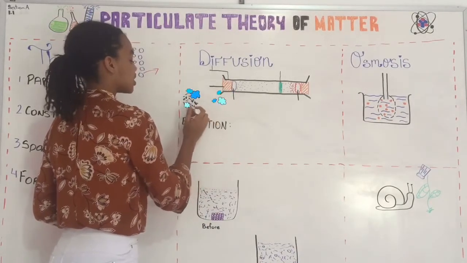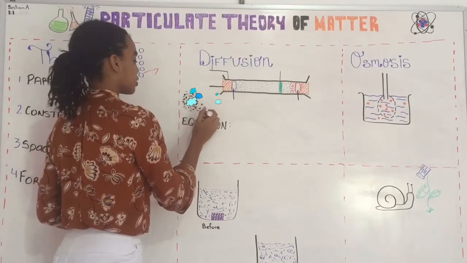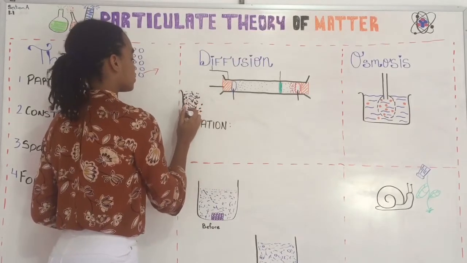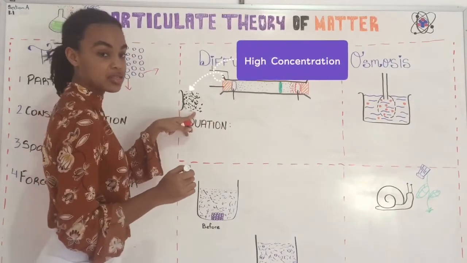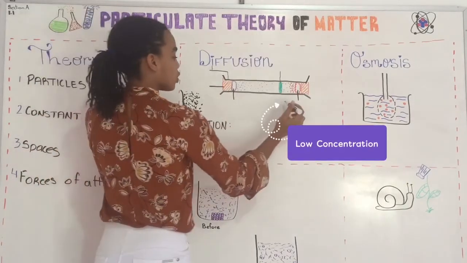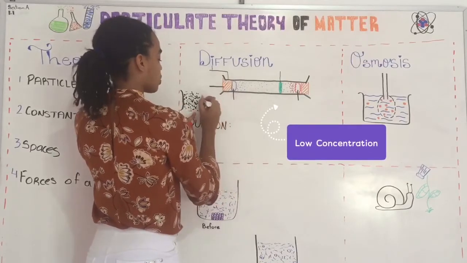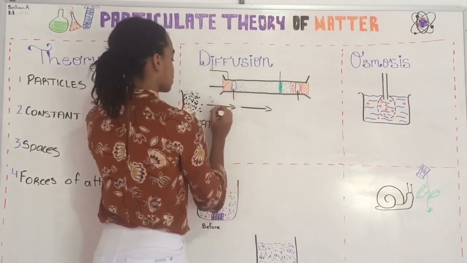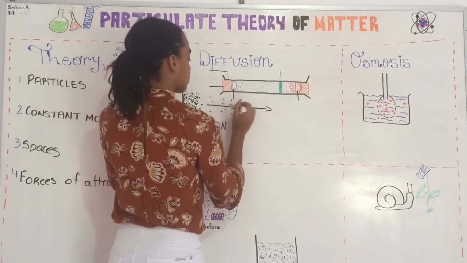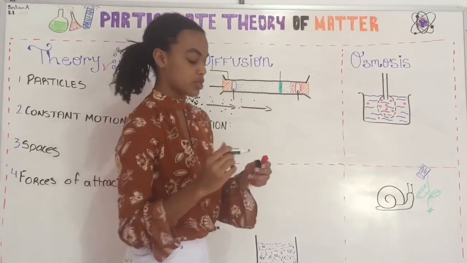So we have an air freshener and it's releasing some fumes here. It's going to move from the region of high concentration, which is at the source, to the region of low concentration. There's none over here, so the particles move in this direction to the region of low concentration until the particles are evenly distributed. So that's what we say